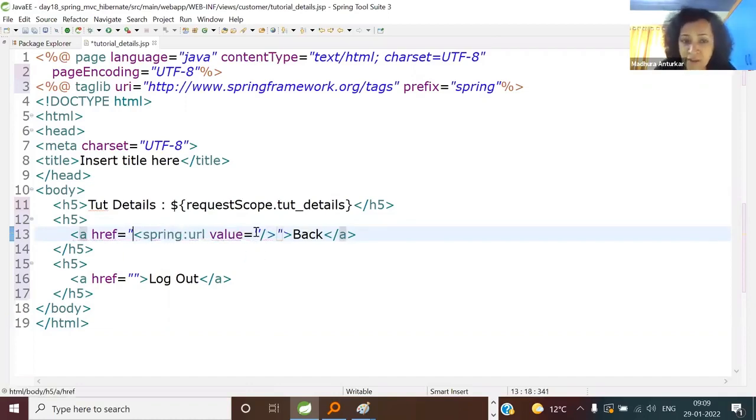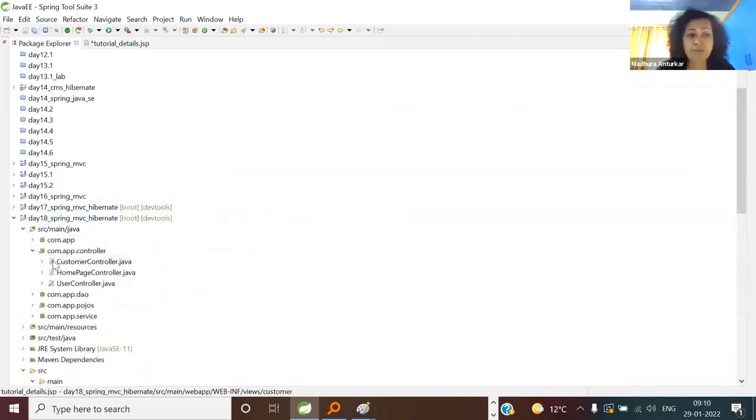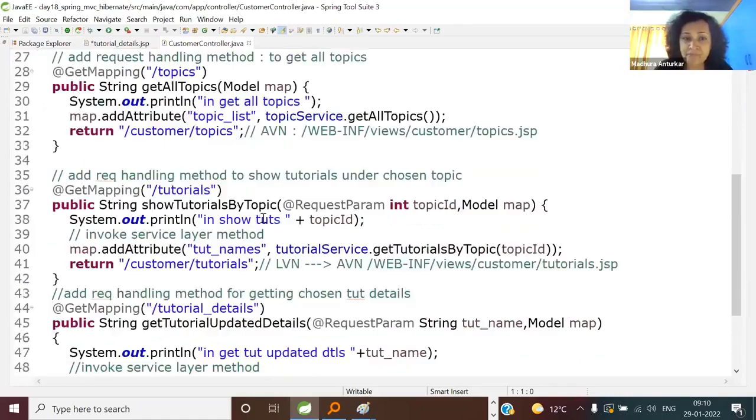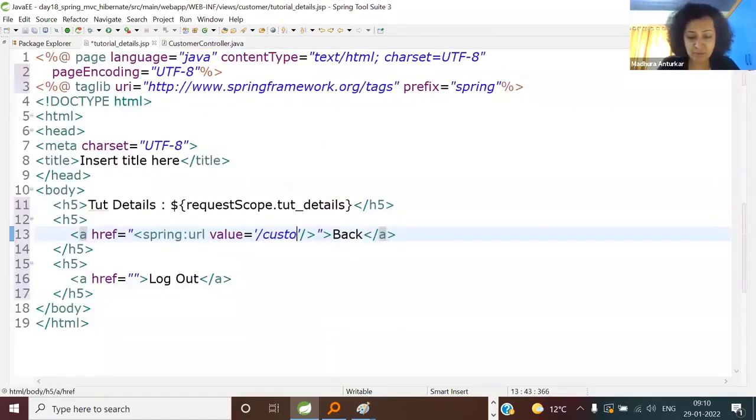So now what is the value? This is very important. When I say back, where I want to go, people have already given me the answer. Let me see. /customer /tutorials. Yes. You can't take it to the JSP. So open the customer controller and you will get your answer. I'm talking to those who have not yet done it. I want to go back to the request handling method to show the tutorials. So this is where I want to go. Are you understanding? And the class level pattern is /customer. People have answered so rightly, so correctly. So /customer